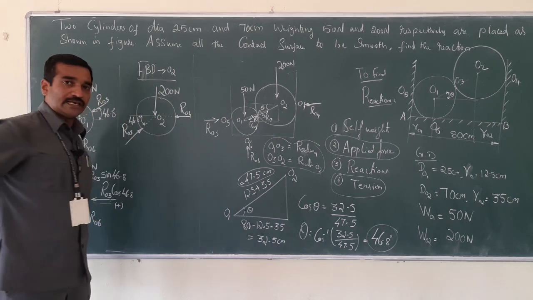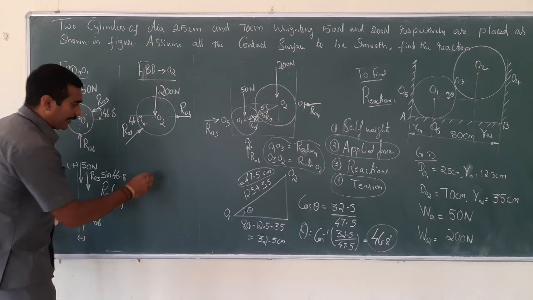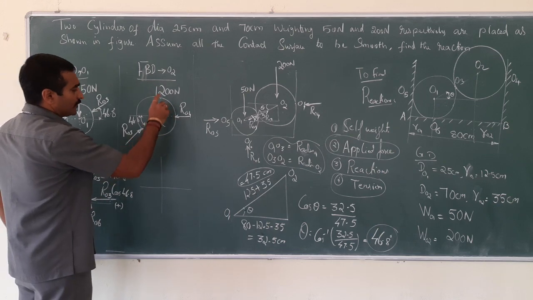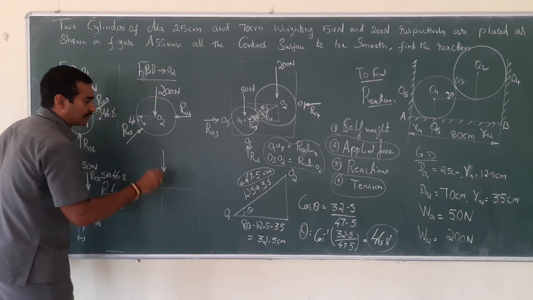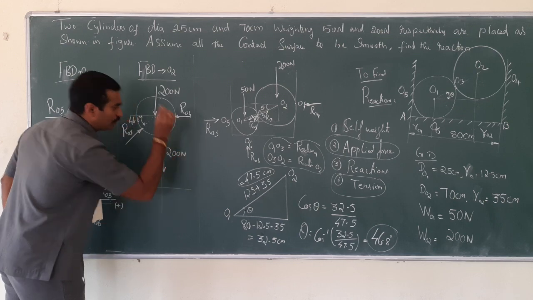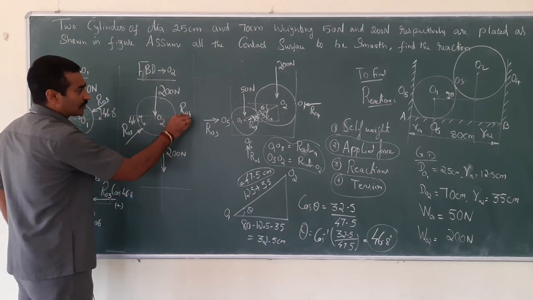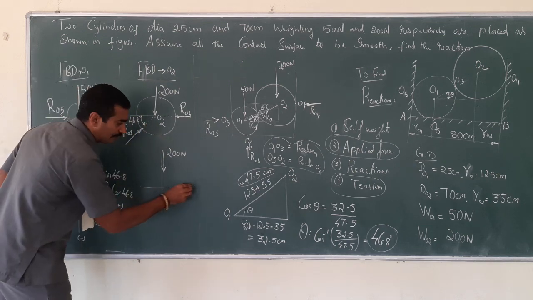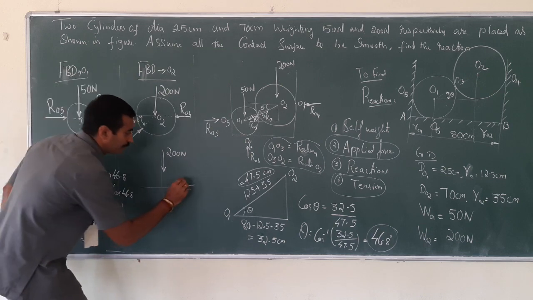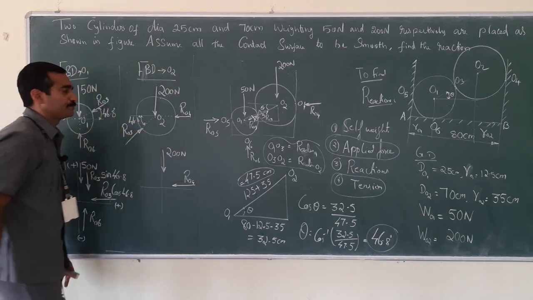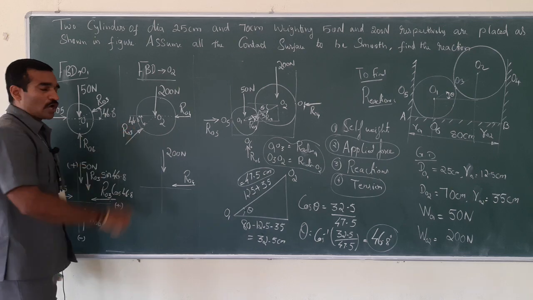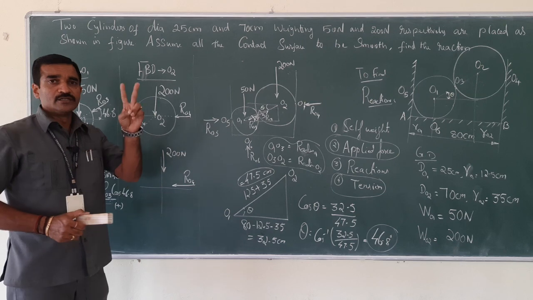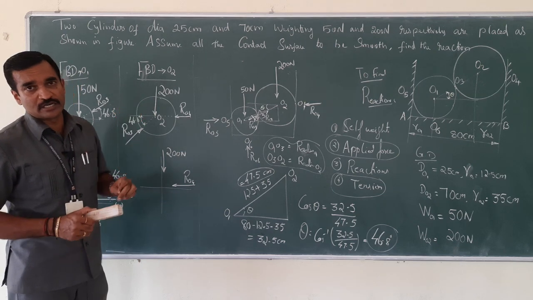Let me just move to the cylinder O2, wherein I am going to mention in the same manner. Look at here, this one weight naturally acts vertically downwards of 200 Newton, and a reaction RO4 which is acting towards the point, therefore it is traveling to the negative x direction, RO4. Got it? Now this RO3 which is an inclined reaction, so you should consider two components, one is vertical, the other one is horizontal component.